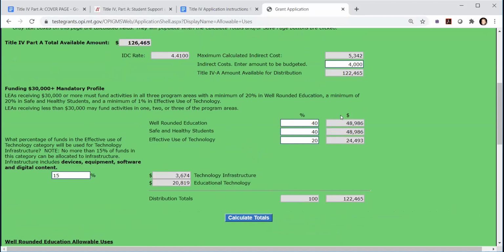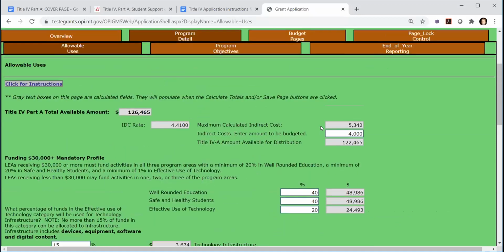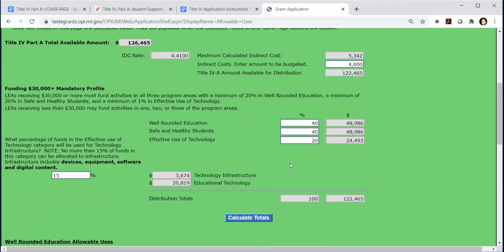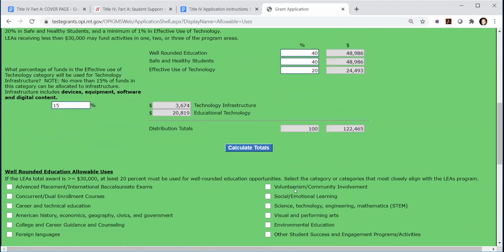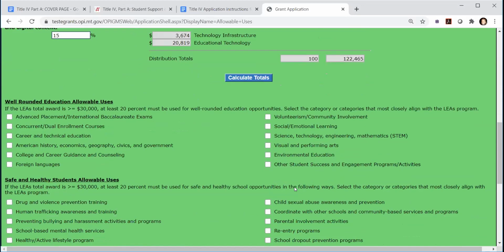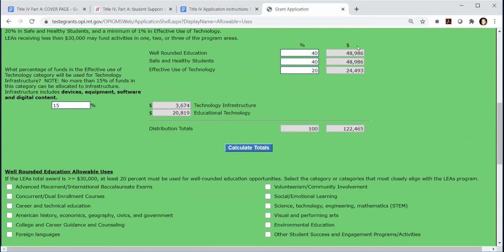Also keeping in mind that if you take property and equipment, which is that 700 line item, indirects cannot be taken on that 700 category. So down here you'll see allowable uses. So you'll want to check based on your programs how you're going to be spending that 48,000